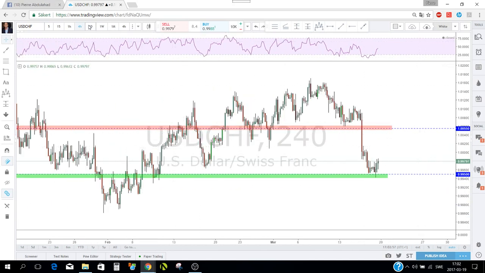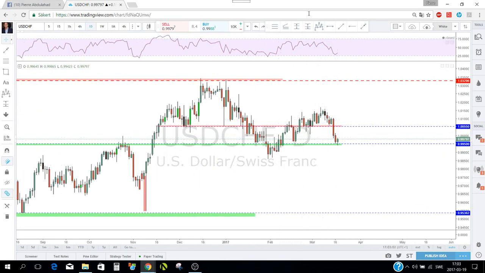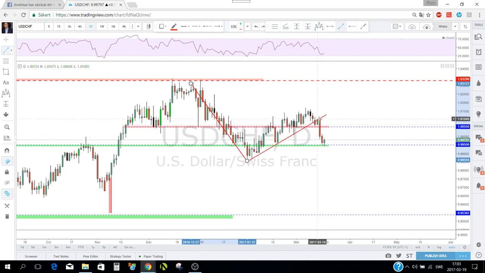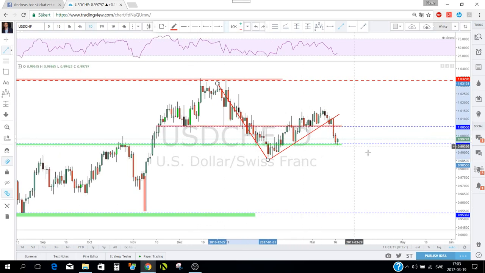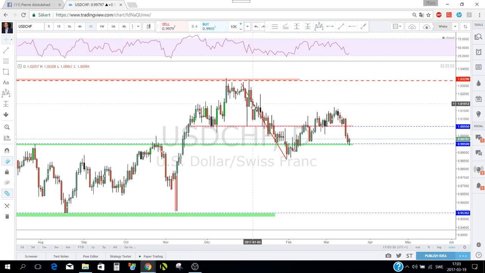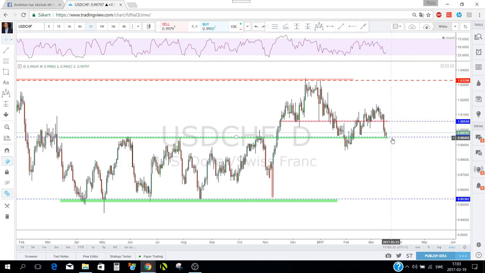USD Swiss. USD Swiss did break this flag correction, call it what you want, that we've been looking at, this correction to the upside. So it did break it and did a retest and kept going down. We broke this neckline and this structure, and where price is right now is where I will be looking to see price action for maybe a possibility for a bounce to at least retest of this structure and